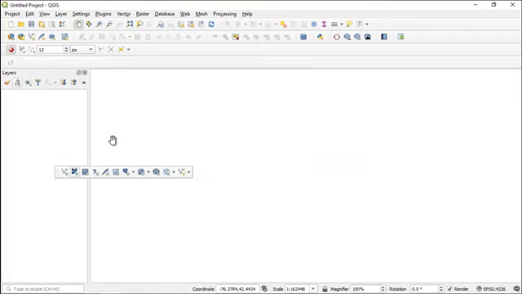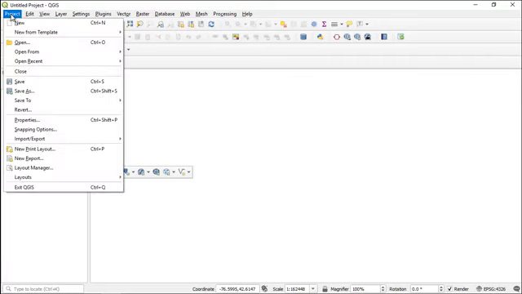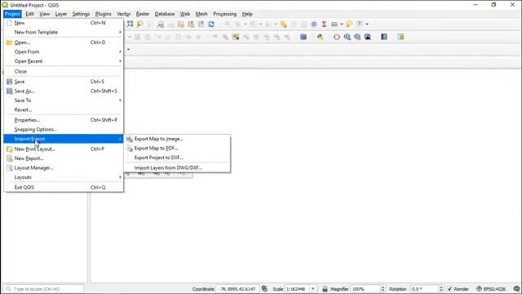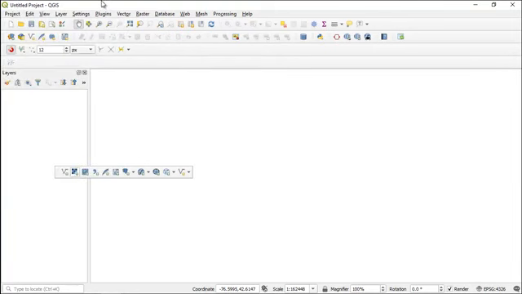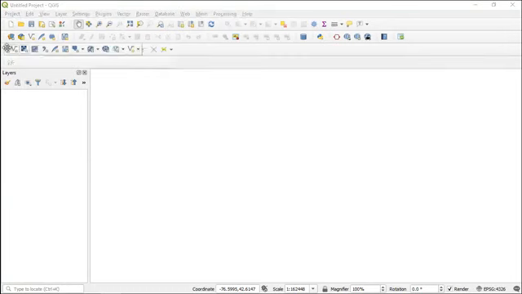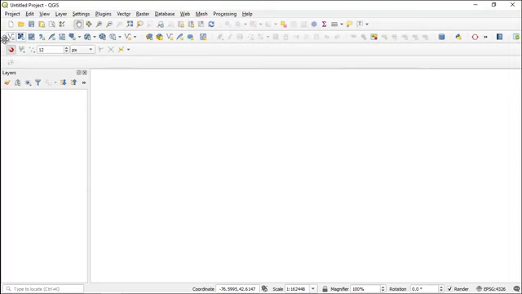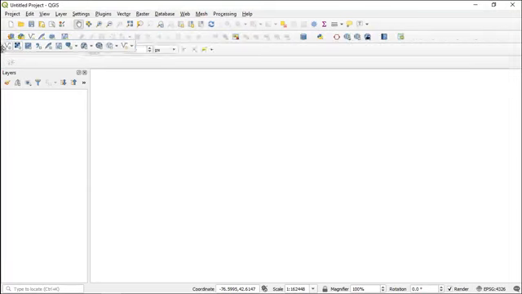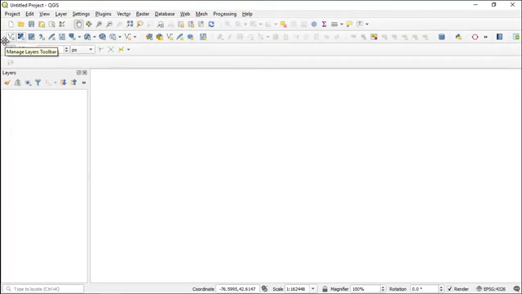And in fact, we have a lot of ways to get to different things. For instance, you can see if I hover over here, this is saying it's the project toolbar. We also have a project menu that also shows us different things we can do. Many of those are duplicated. And some of these toolbars are dockable, so I can throw one right in here. And I can also pull it out. So let's begin by working our way through each of the different menu items and hit on the different aspects